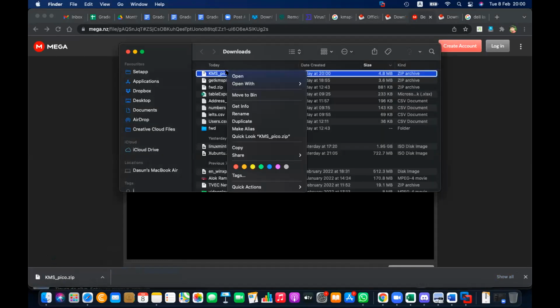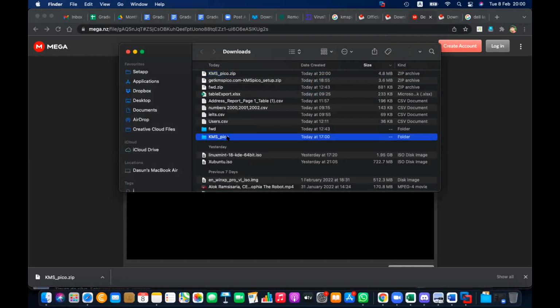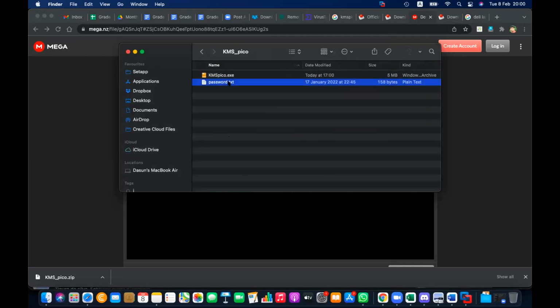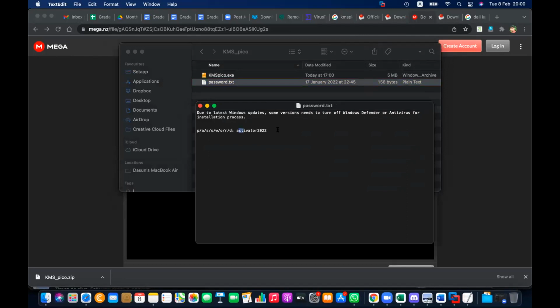Okay, again, I'm trying to download. Sir, can you hear me? Yeah. Okay, this one downloaded, but now it's not warning me, right? It's not telling any warning. So I'm trying to open this file because it's not warning me. So I think I'm protected, then I'm trying to extract the file. Then it's asking me the password. Okay, here the password. You can see this is the password. Activator 2022. Okay, something like this.